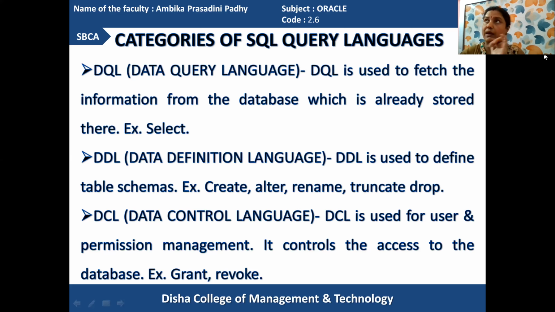The data definition language helps to create the structure by using a command called create. Create table name. That will help to create a table with a specific table name. Suppose there is a database table called student. So you can write create table student. Your table name is student. The student table is now going to be created.